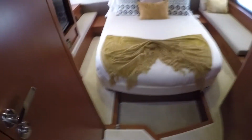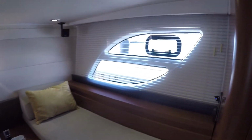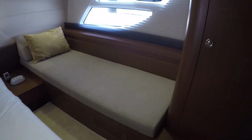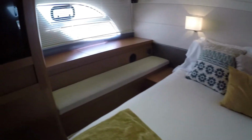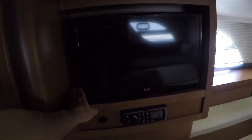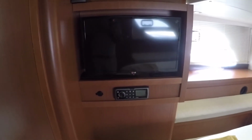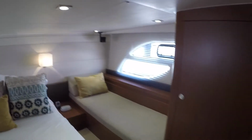So the master stateroom is full beam, as I showed you from the outside. Has these large picture windows either side, and a sofa to port, and then the storage lockers on either side, outboard here. This is a swing out flat screen LED TV here, and again Fusion stereo, and good hanging locker storage space there. There's lots of little storage cubbies and nooks all over the boat,